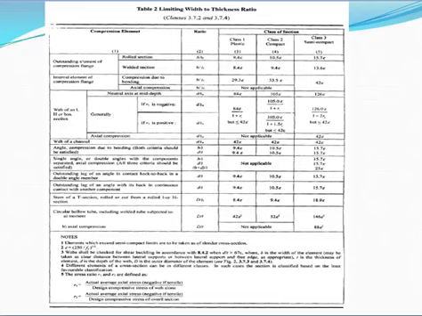Now how will you get the value of epsilon? See the note number 2 below. Here notes are given below the table. See the note number 2. The value of epsilon is given, that is epsilon is equal to (250 divided by fy) raised to half. Means we have to take the square root of this value, that is 250 divided by fy.